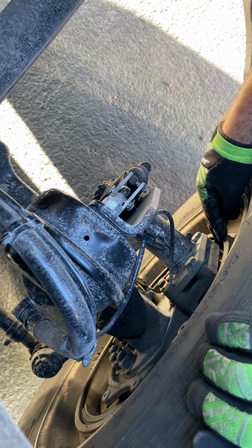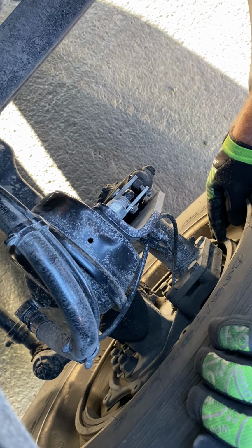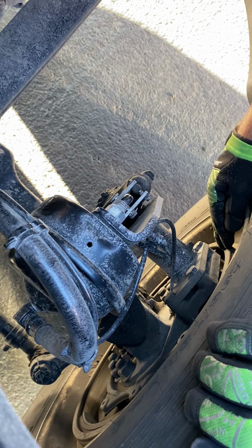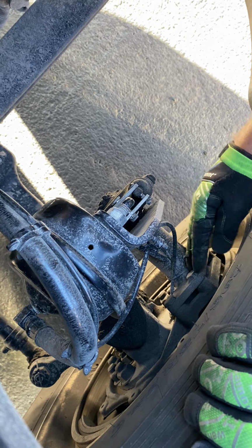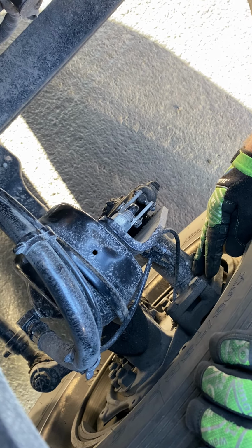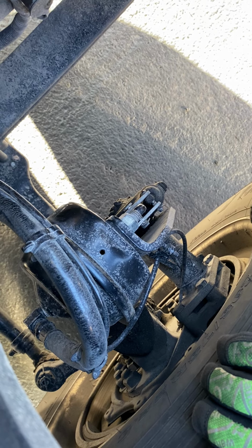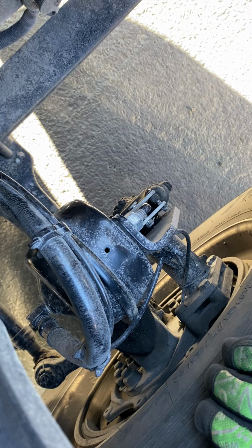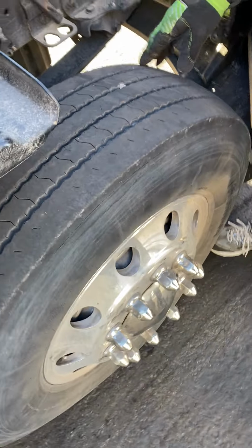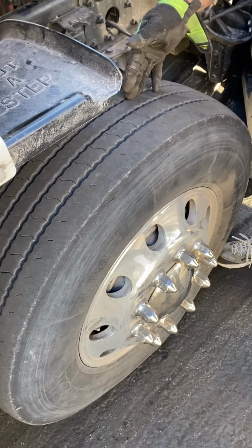My brake drum has no more than a 1 inch crack and is free of debris. My brake shoes have at least a 1/4 inch pad remaining, no more than a 1-inch crack, and are free of debris. My steer tire is wearing evenly, has at least 4/32 of tread remaining,